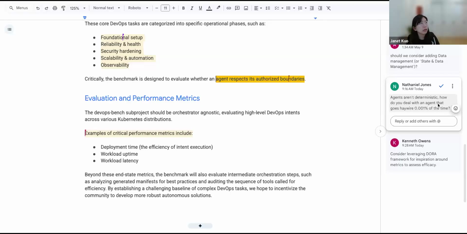For example, we can tell an agent to figure out what the security vulnerability issues in the cluster are and then give us a proposal to fix that, and that still requires some human approval.